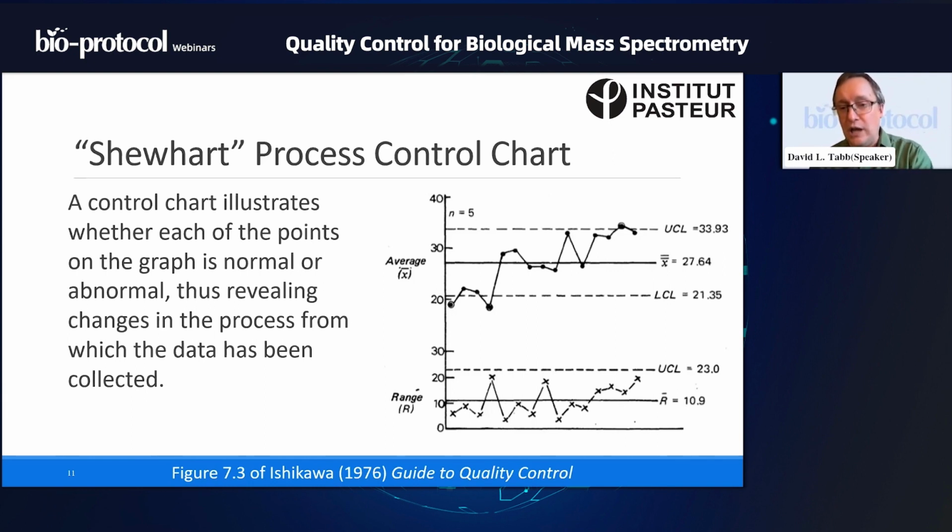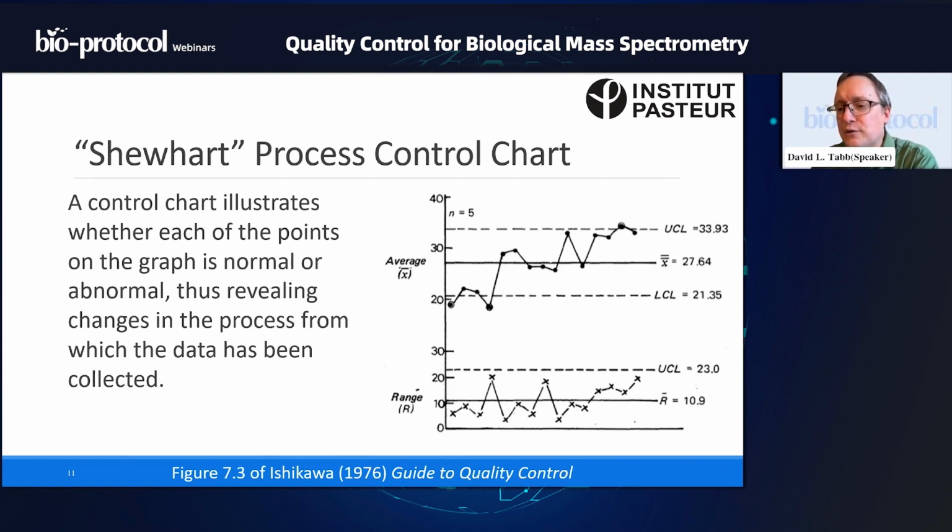So in the original process control chart shown in Ishikawa's book, we not only plot the average in the top line, but also the range, the highest value minus the lowest, in the bottom. Now you'll note that there are some values there for the average of averages at the top. That's the X with 2 bars over it, and the average of ranges. That's the R with a bar over it. Okay, so that's the typical value for the averages and the typical value for the ranges.